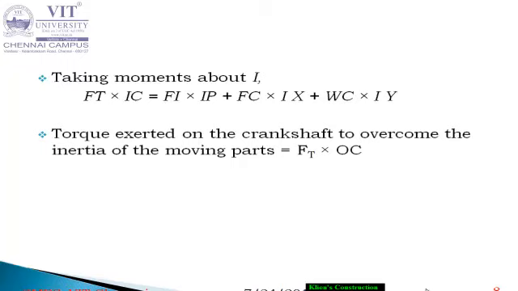Ft right angle component you have to measure. So the distance between C and I, if you measure, is the perpendicular distance. With respect to I you have to calculate all the values. Then Fi, that is acting on the opposite side, perpendicular distance IP. Fc perpendicular distance you can calculate. Okay, Wc and